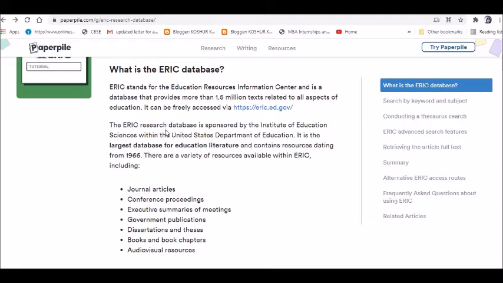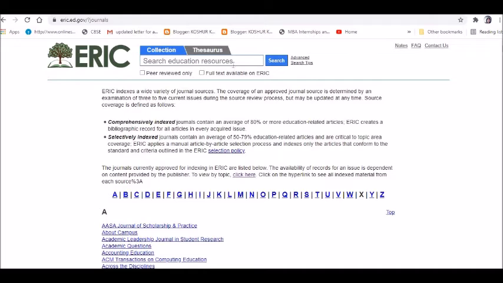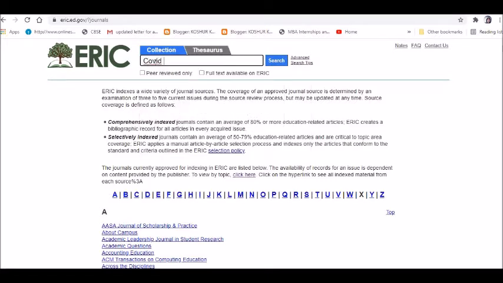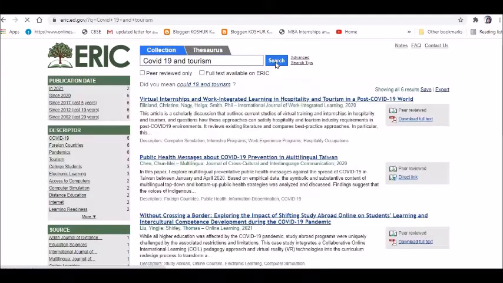So, for example, let's say one of you, I think it is Swati, is doing her research work on COVID-19 and the tourism sector. If that is so, can I go ahead and use this particular forum? Let us see if I'm able to get the information or not. I'll key in the words COVID 19 and tourism, and let's see if I can get some information from here.